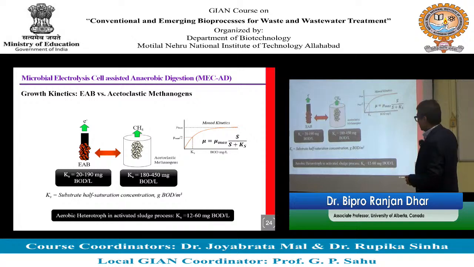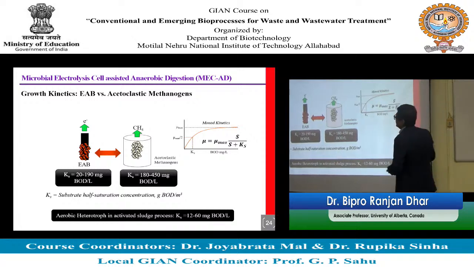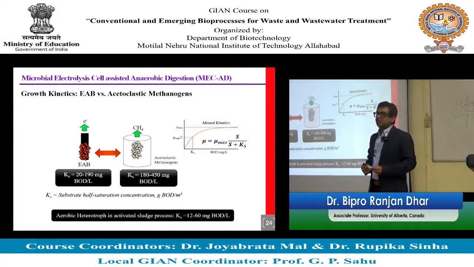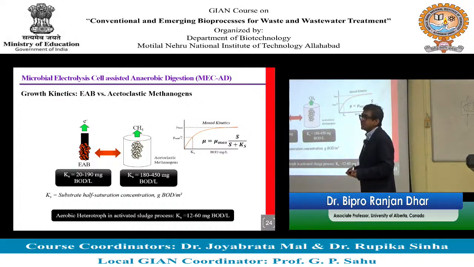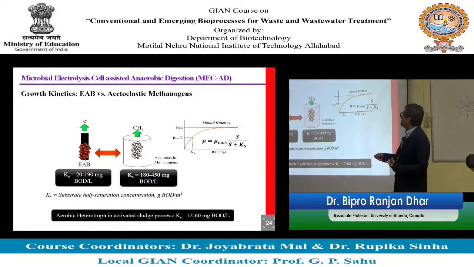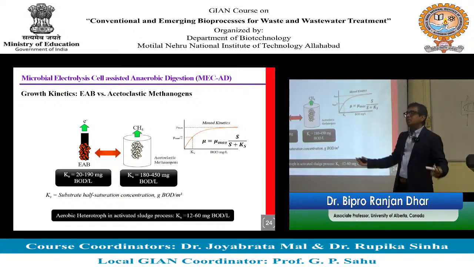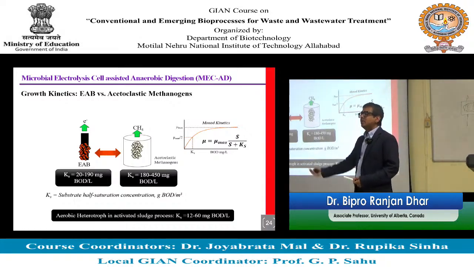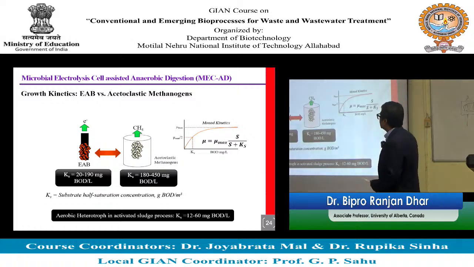So those aerobic activated sludge microbes might still be kinetically more efficient, but compared to conventional anaerobic microorganisms like methanogen, EAB are kinetically more efficient. That's why researchers are thinking we can have an anaerobic process for wastewater treatment, and possibly achieve low BOD concentration in the effluent, which may not be possible